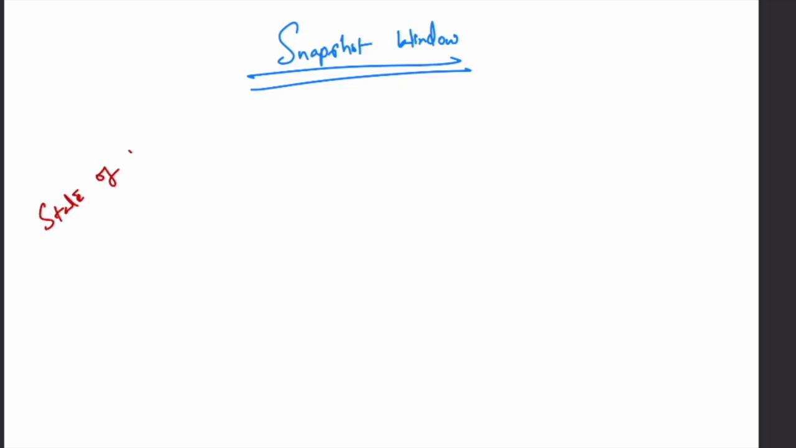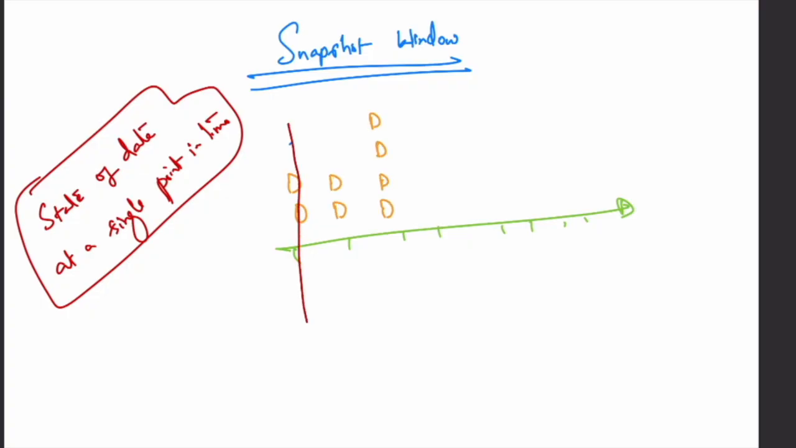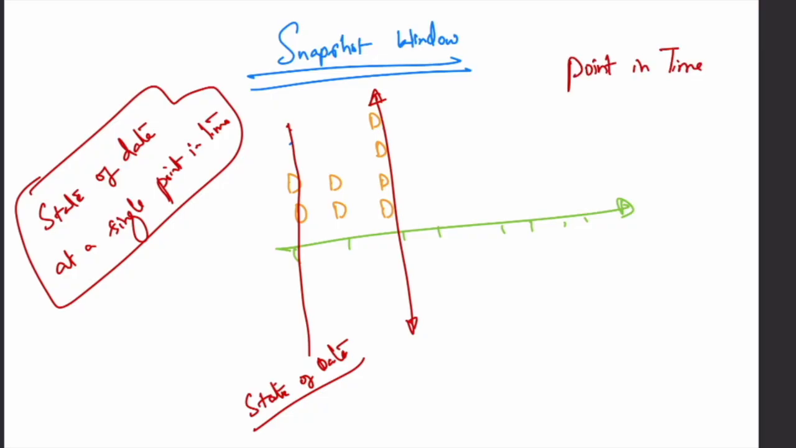And finally, we have the snapshot window. The name says it takes a snapshot at a particular point in time. So what it gives is the state of data at a single point in time. Okay, so we have this time and we have these events. Many events are coming in like this, and at any point in time you're taking the state of data. Similarly, at this point you're taking a snapshot of the state and then moving on. So it's point-in-time data